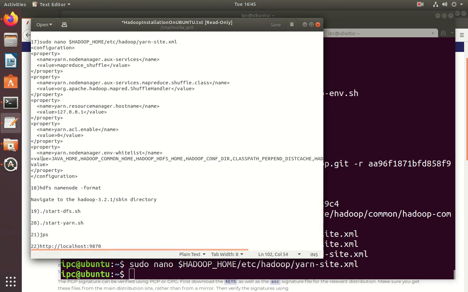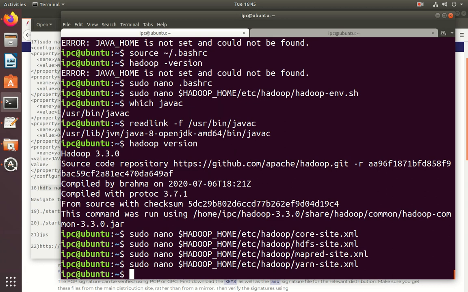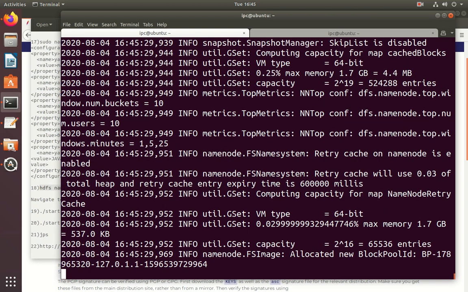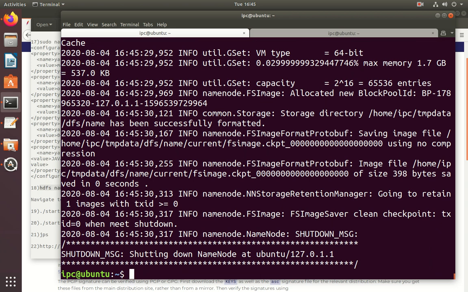Now it is important to format the name node before starting Hadoop services for the first time. So by using the hdfs command, we need to format this one. The shutdown notification signifies the name node format process is complete.